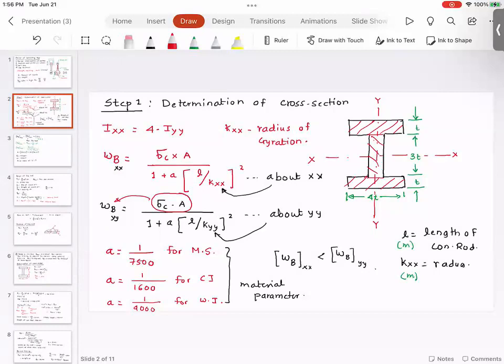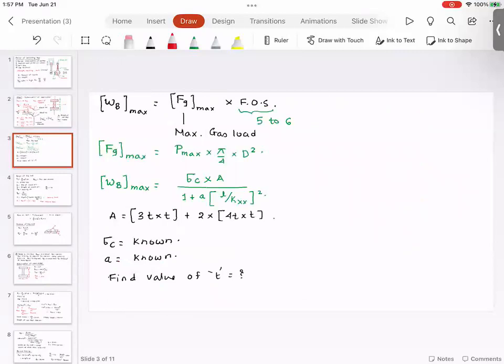the material number, and sigma C. So once we decide what is the material of the connecting rod and what is the length of the connecting rod, pretty much we know the buckling strength of the connecting rod. Then basically we want to make sure that the connecting rod is able to sustain the maximum gas load multiplied by a factor of safety, which is about 5 to 6. And then once you equate, everything is known in terms of T, and you can find out the value of